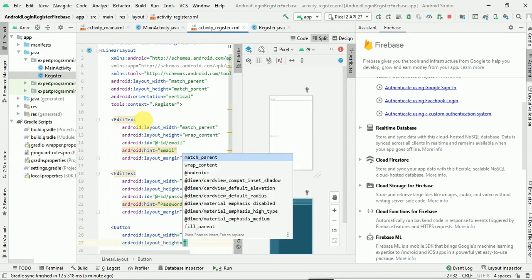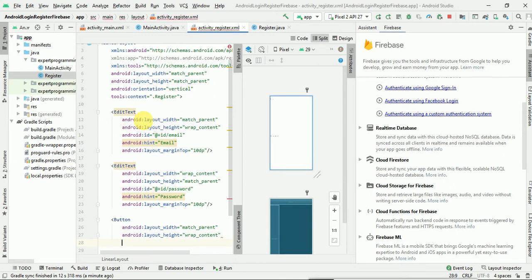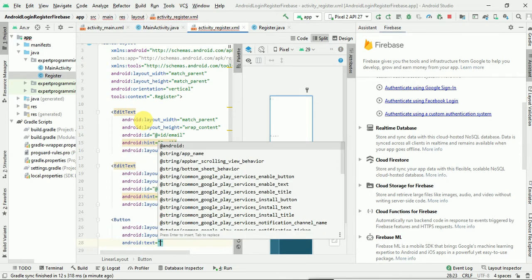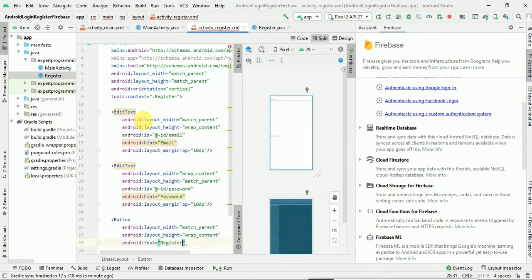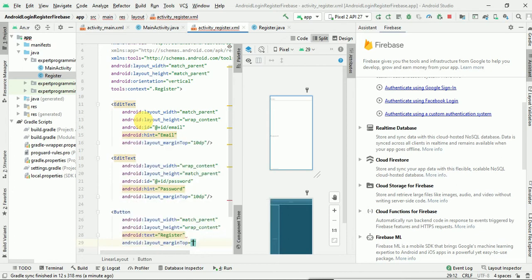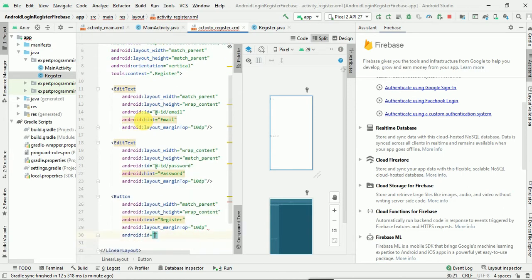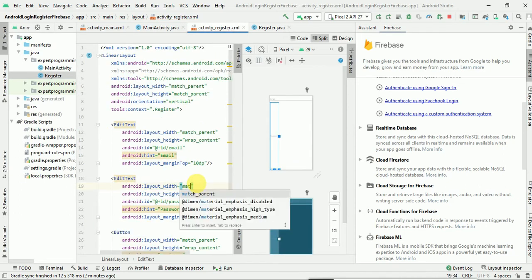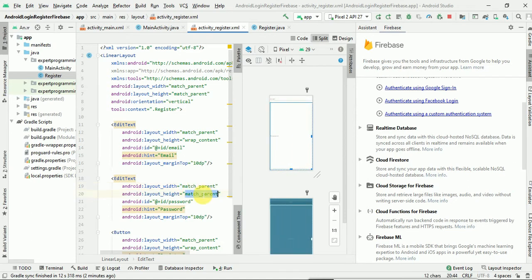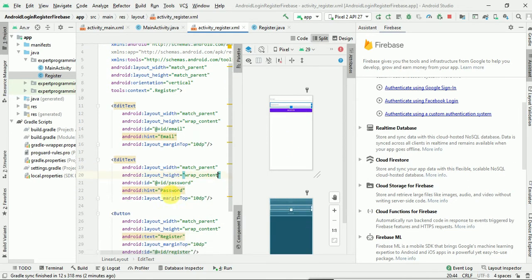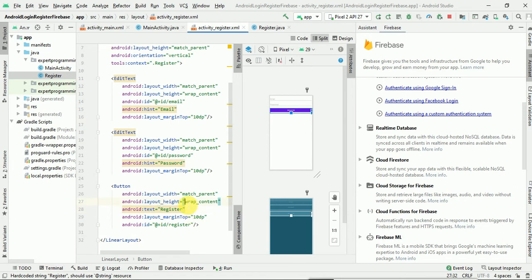This will be match parent, wrap content, and then the text will be register, and then the top margin 10 dp, and ID will be register. Okay, so it will be match parent, height will be wrap content, and then the button.